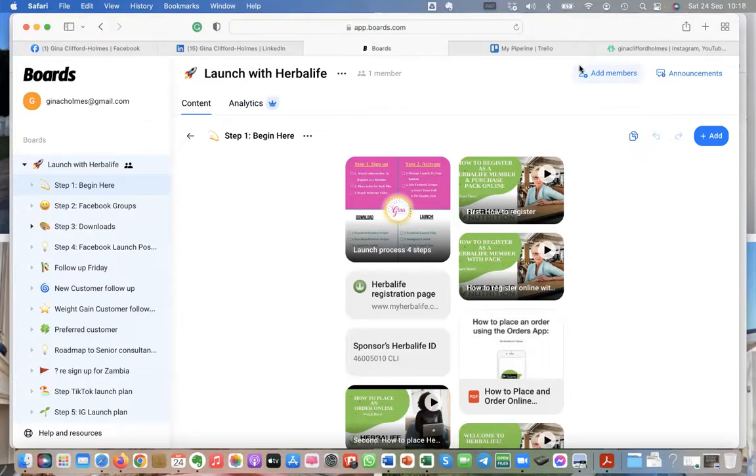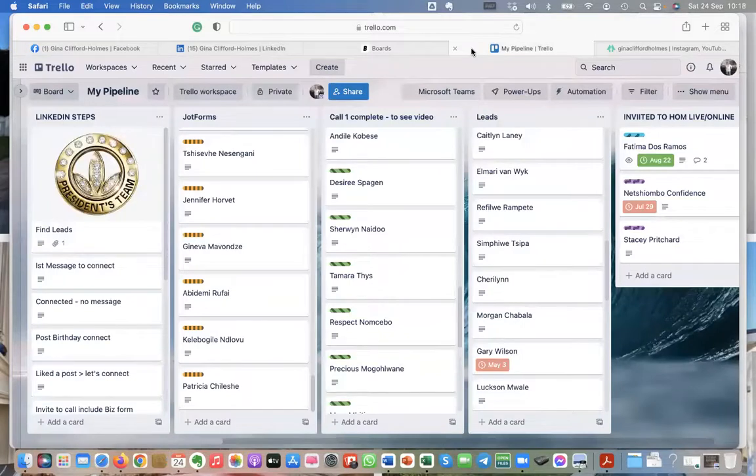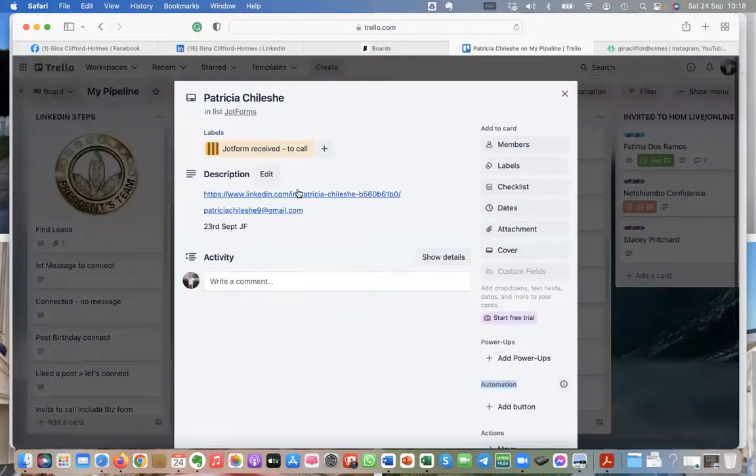If you want to be able to use it as a business platform, you can certainly do that. I also then use platforms, and again, this is another excellent app called Trello. This enables me to have a card, so let's say Patricia was hoping to come onto the call today. This card, I can open it up. It will give me some information, give me a link direct to her LinkedIn page. I've got her email address here.